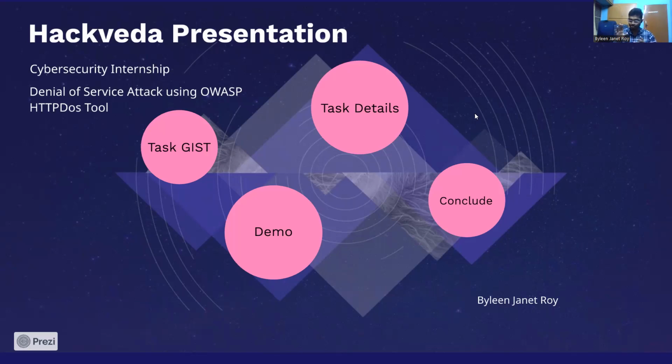If you have a website named abc.com and it can accept only 100 or 200 requests at a time, what if a hacker enters and gives false requests into it, and does not allow the normal regular users to connect to the website? That is how the DOS attack works. And OWASP means Online Web Application Security Product. Okay, now let me get into the presentation.